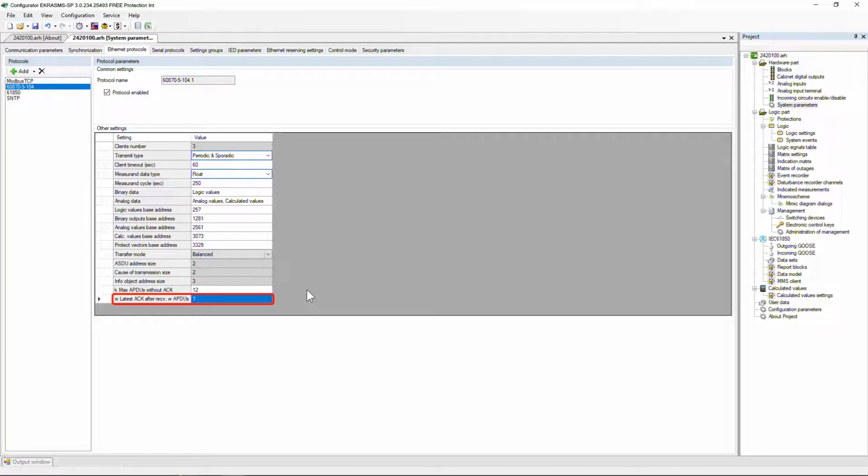The last parameter sets the number of information packets that our device can receive in a row without sending a confirmation. When the specified value is reached, the receiving device transmits a confirmation to the packets. According to the standard, the value of this parameter should not exceed 2/3 of the maximum quantity of APDUs without confirmation parameter. This completes the setting of the IEC